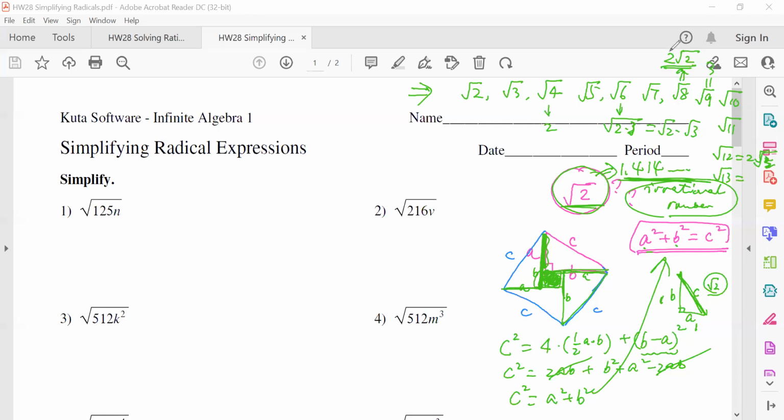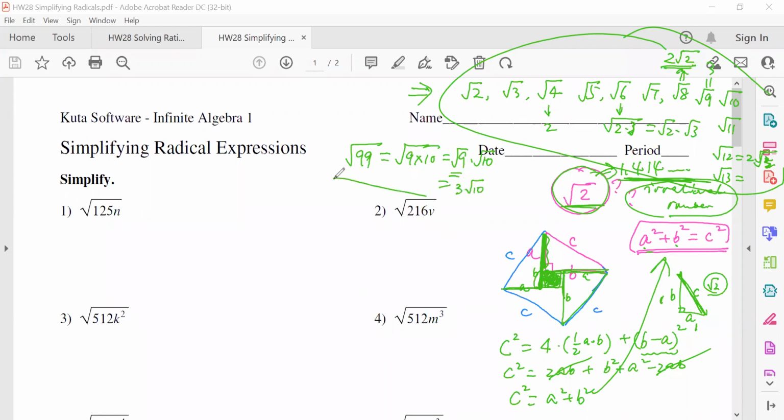You can continue to work on something like square root 90, which can be written as 9 times 10. So you can write square root 9 times square root 10, which equals 3 times square root 10, right? You guys know this already, learned this before